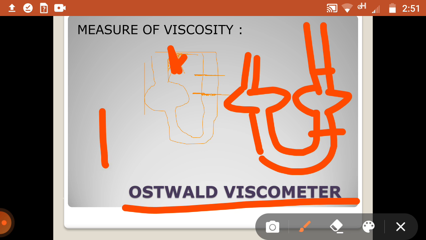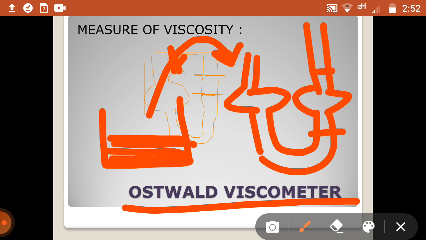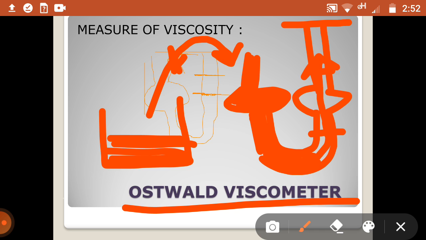Now, this is the liquid in a container. You have to determine its viscosity. You can take this liquid into this pipe, or you can also pour it at this point. Now this bulb is filled with this liquid and it reaches there. As the height increases, the liquid cannot move upward automatically, so at this point there is a pipe for sucking. By sucking, the liquid can move upward and fill that bulb.